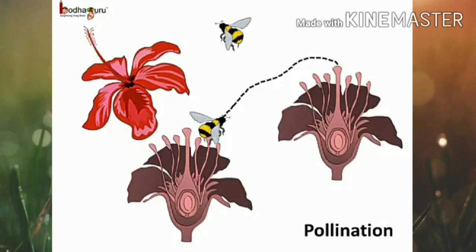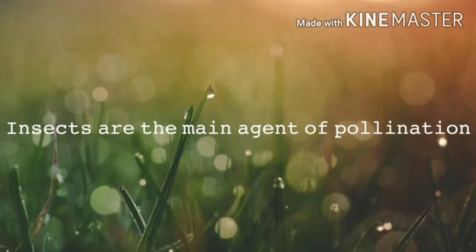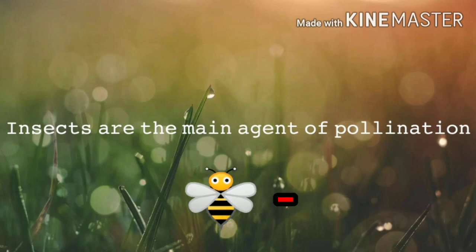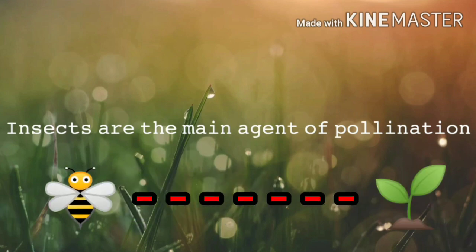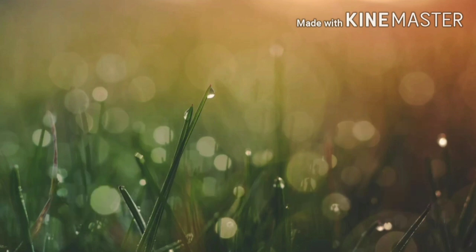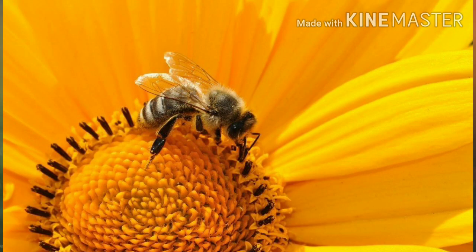The transfer of pollen grains from the anther to the stigma of a flower is called pollination. Insects are the main agent of pollination as they help to carry pollen from the anther to the stigma. The stigma releases a sweet substance called nectar. When an insect sits on a flower to suck up nectar, it transfers pollen stuck to its body and legs